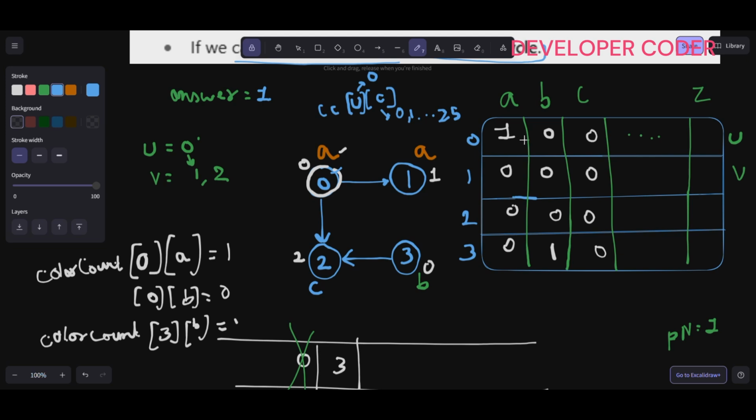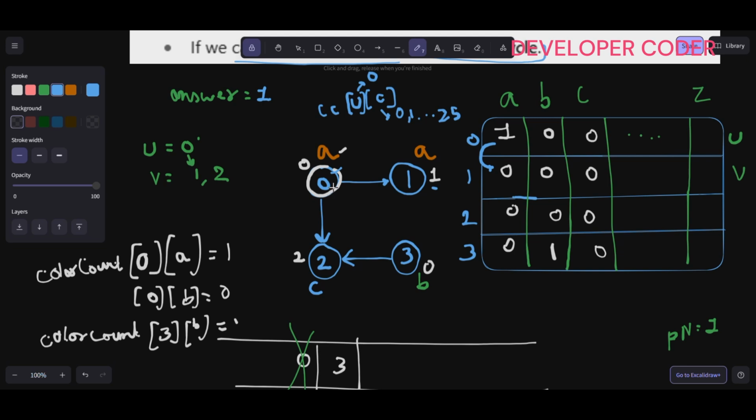So we have added this, and we are finding the max value ending at this u. Max value is 1. Now once this is done, now adjacent. Let's say we are moving to v. Now here we have to keep track of all the colors, right? So we are moving to this one. If you see here, 0 to 1, if you are moving, previously here,